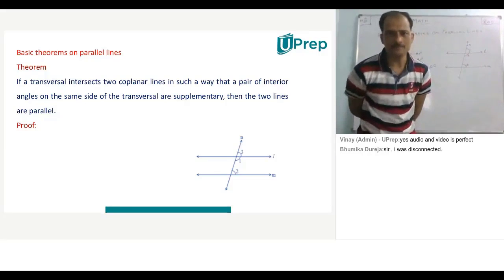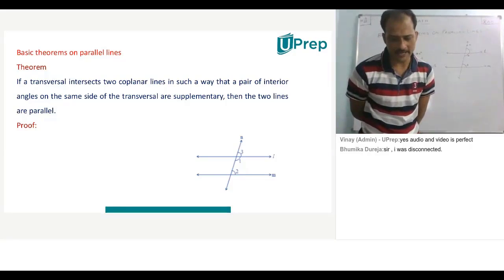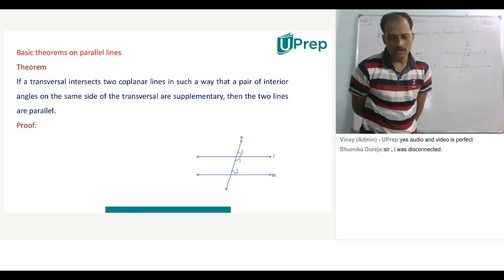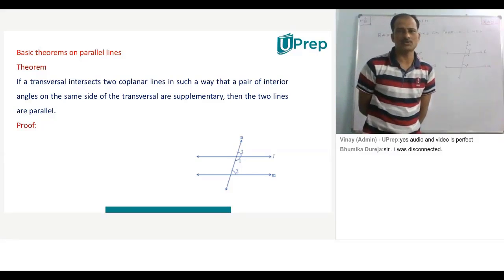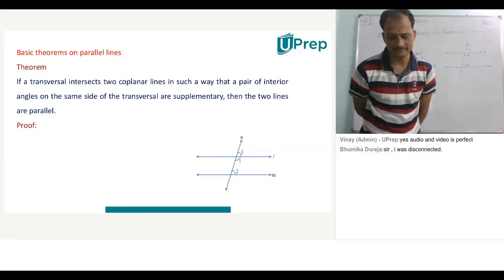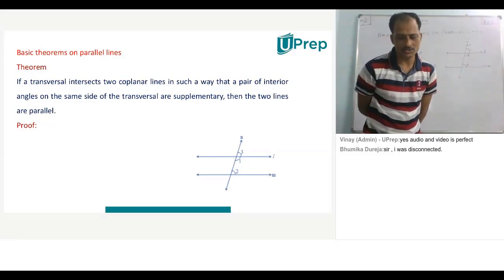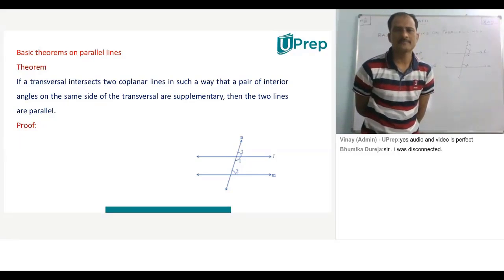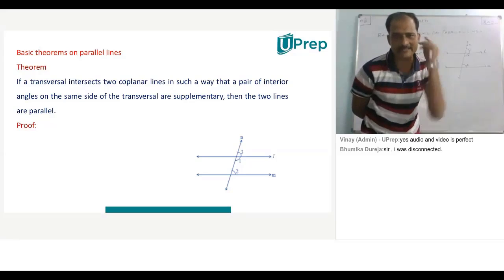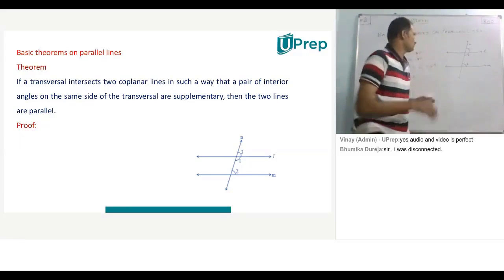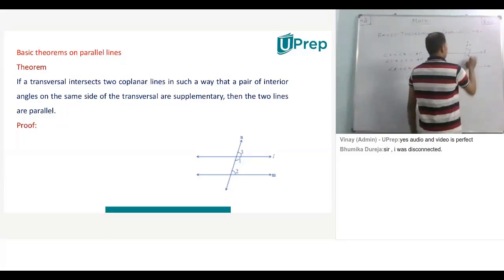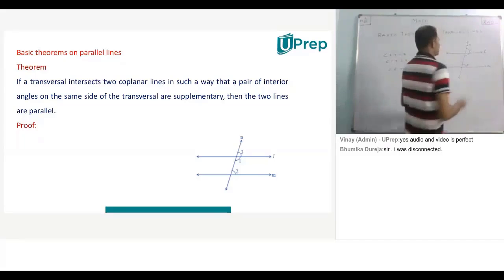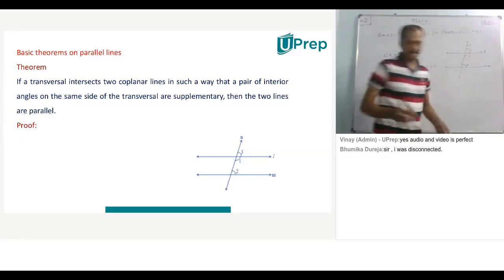L and M are two coplanar lines intersected by the transversal